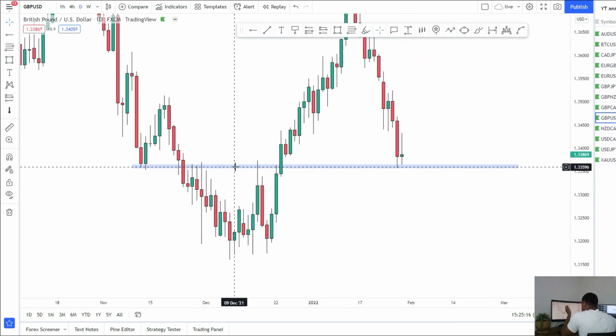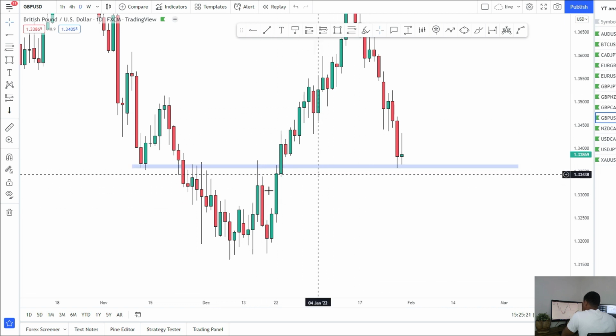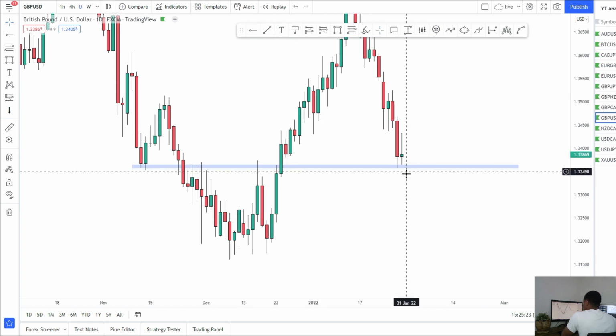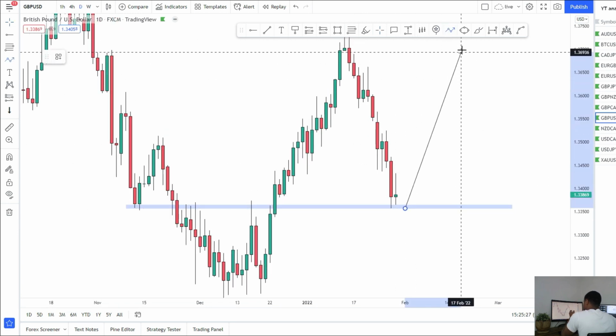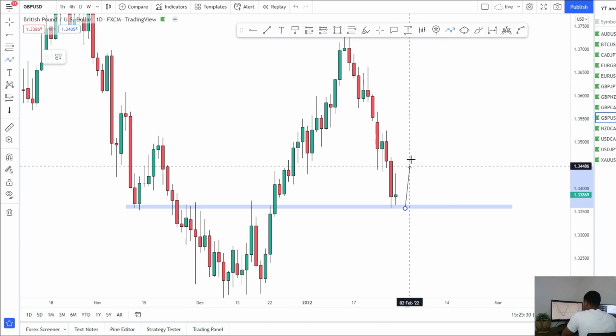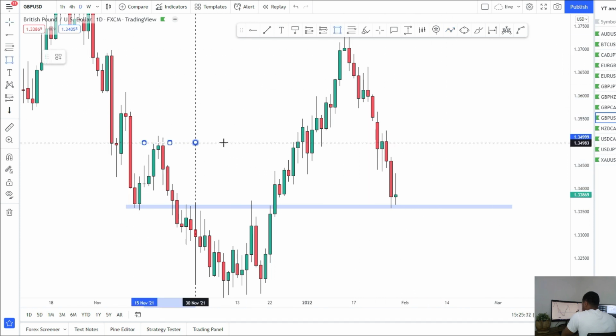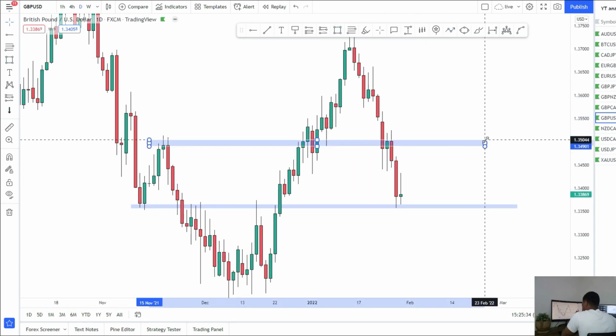Was support over here, resistance with all those wicks, resistance there with that wick as well, and we never got the retest when we broke through. So price is coming into this area now, which could give us some nice buying opportunities, bigger potential buying opportunities potentially, but I'm looking for a push into this resistance here on the left,